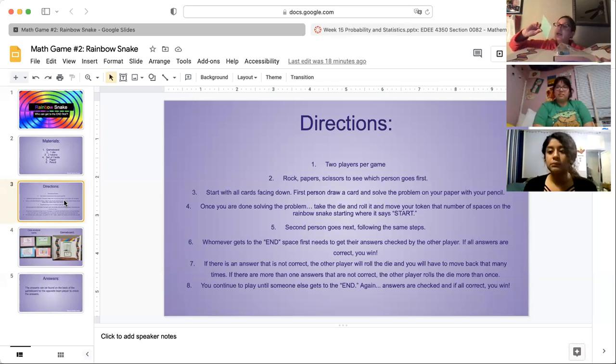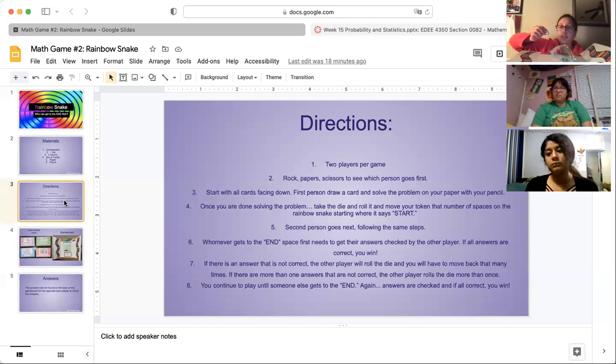Each card has a number, like the first one is number 1. And I forgot to mention that my strand was data analysis. So it's a bunch of bar graphs and pictographs, questions that they'll have to answer. And they'll write it down on their paper, put the number and their answer. Once they're done answering, they can put the card at the bottom, and they're going to take the die